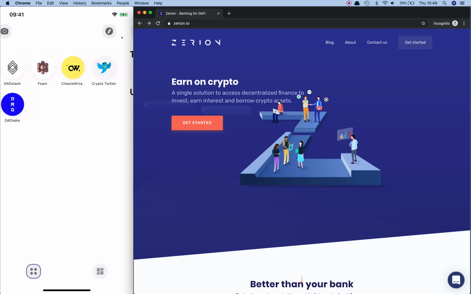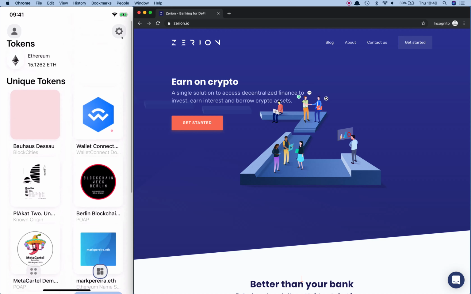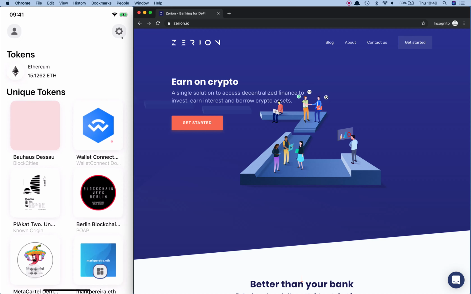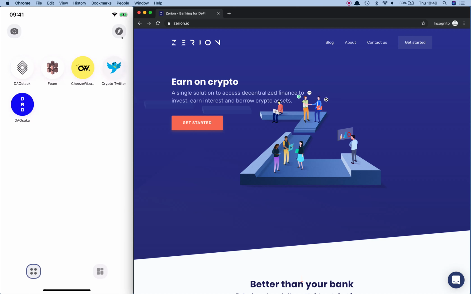So Alice is a wallet. You've got your tokens and your assets. You can see your NFTs as well as your Ethereum tokens and your ERC20s. But you can also view these mini applications inside of the Alice interface. And these mini applications are native applications, but they're inside of our wallet. So let's go have a quick tour through a couple applications and then show you a demo of the Cheese